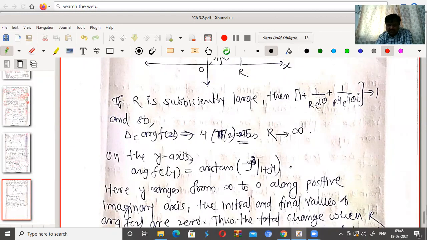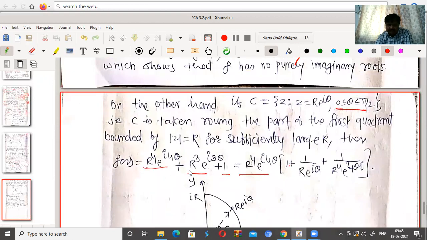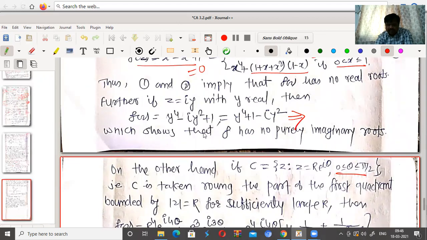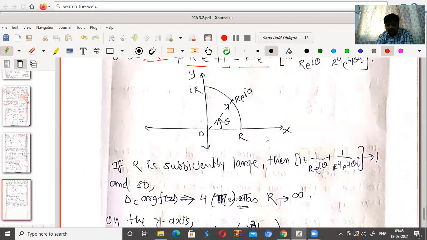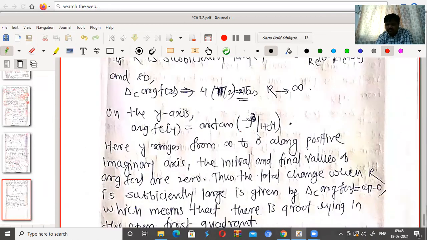Similarly, on the y-axis, the argument of f of iy means tan inverse of this function. What is f of iy? f of iy is this one, for z equal to iy. This is the real part, this is the imaginary part. Tan inverse of minus y square upon y raised to 4 plus 1, minus of y cube